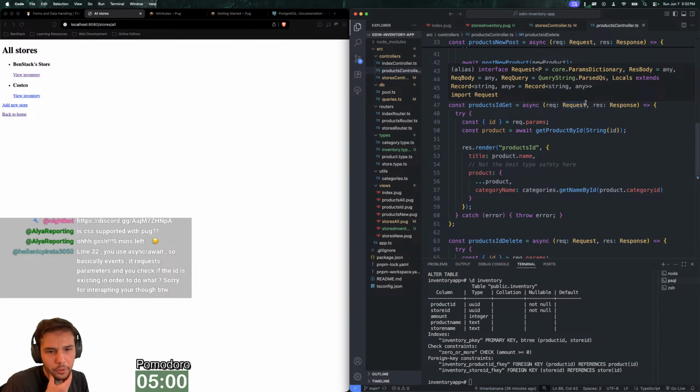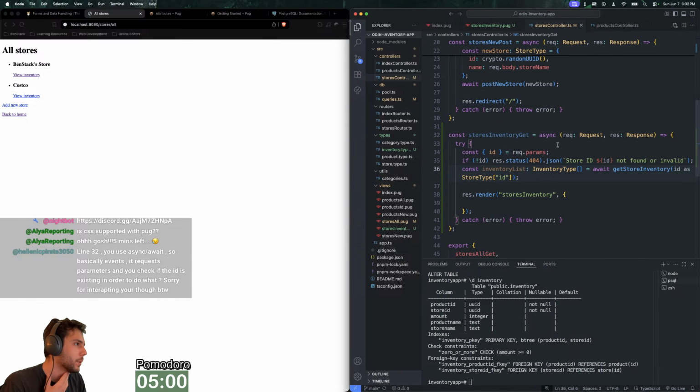Line 32, you use async await. So basically events, it requests parameters and you check if the ID exists in order to do what? Sorry for interrupting. Yeah, let me explain this. So basically, the idea is anytime I fetch from the database,